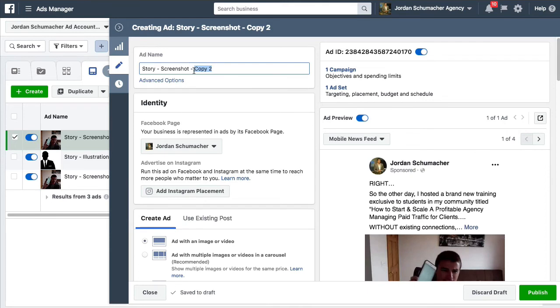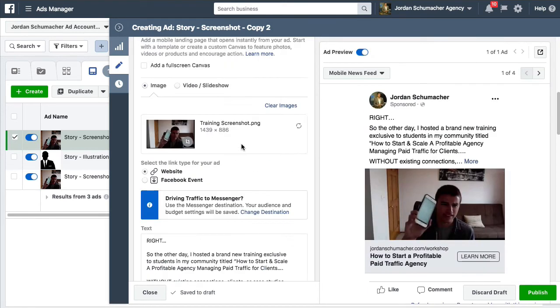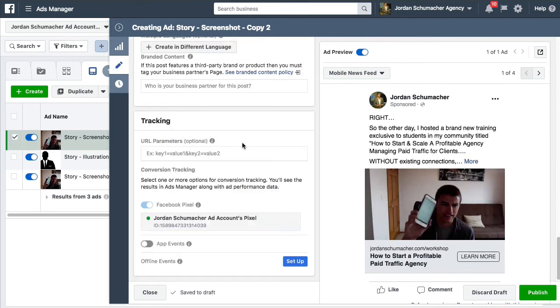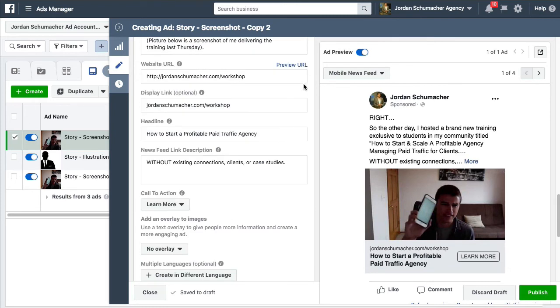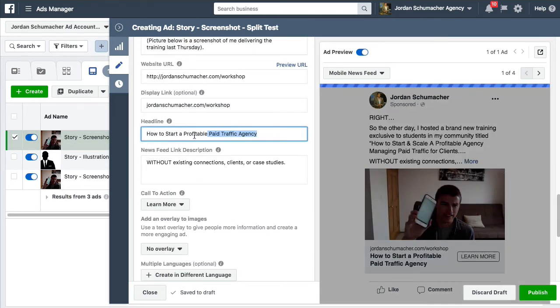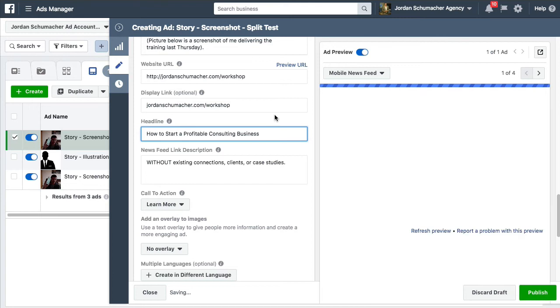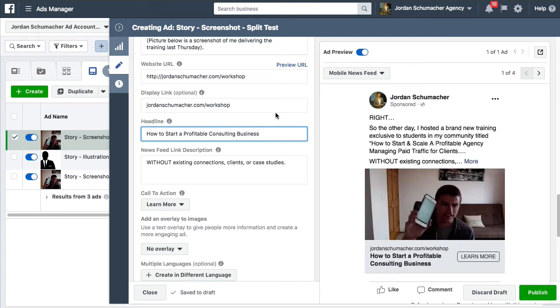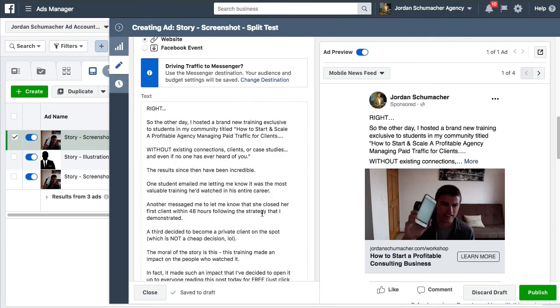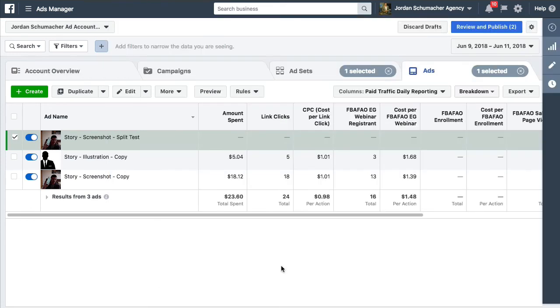And now I'm just going to call it split test. And I want to change the headline to how to start a profitable consulting business, instead of paid traffic agency. Great. So now I've got this ad in here, and when I click publish and push this live, what Facebook